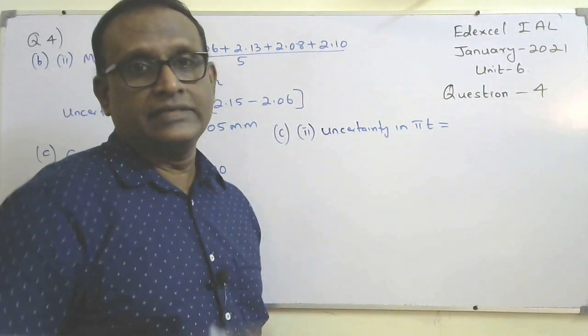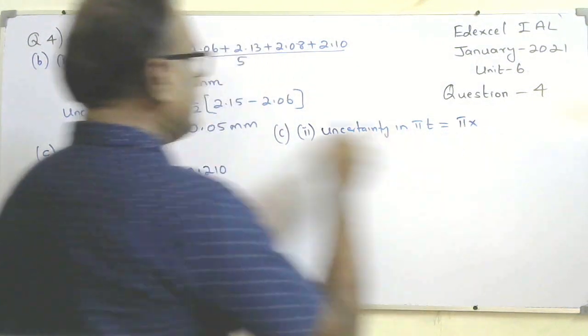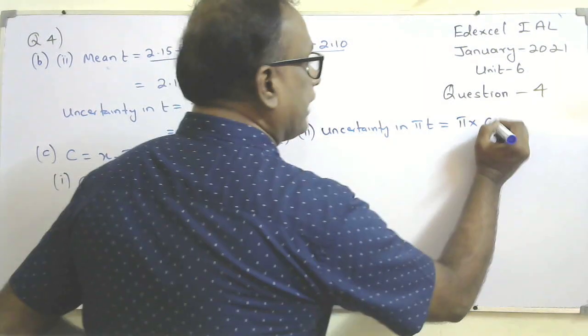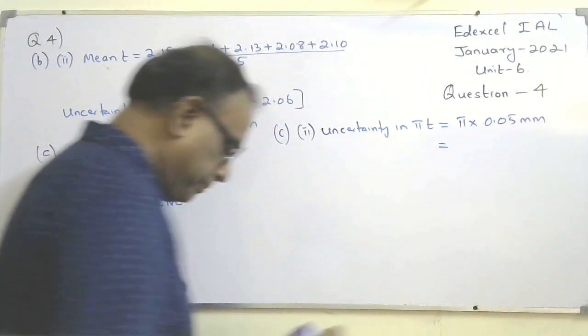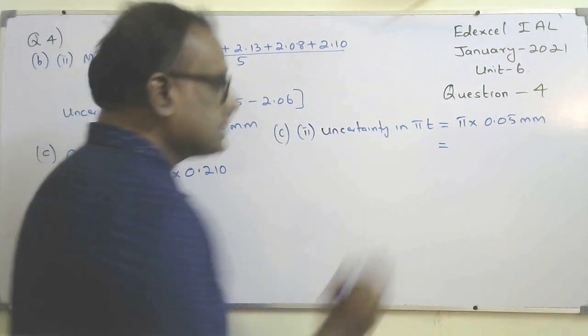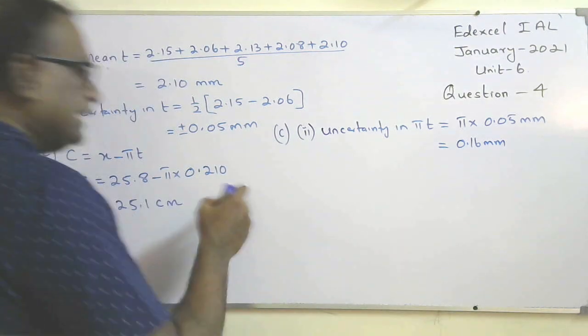So the link is given in the description part. You can see that. So pi into uncertainty 0.05 will be 0.16 millimeters. So uncertainty in C